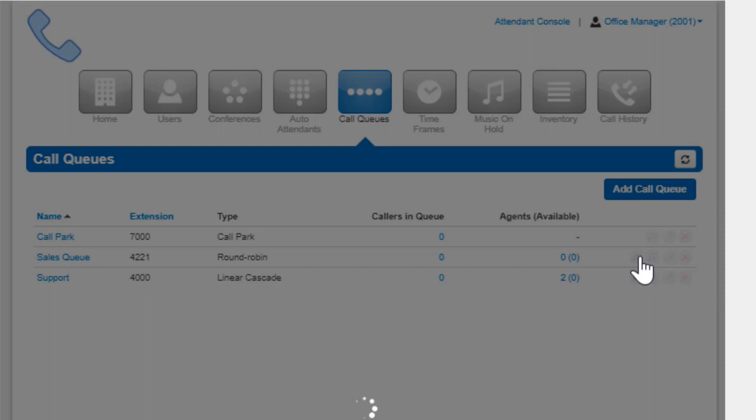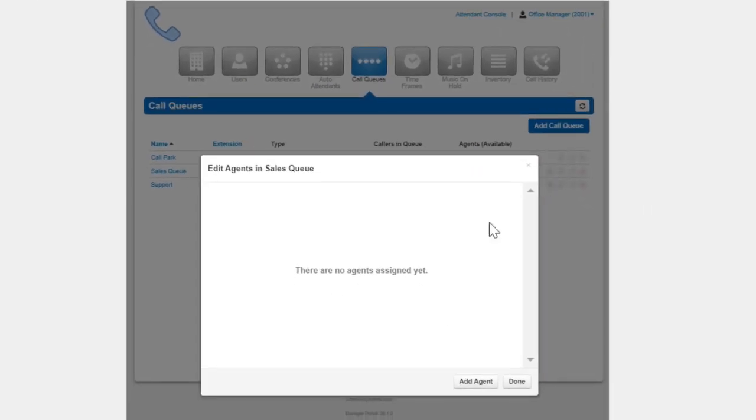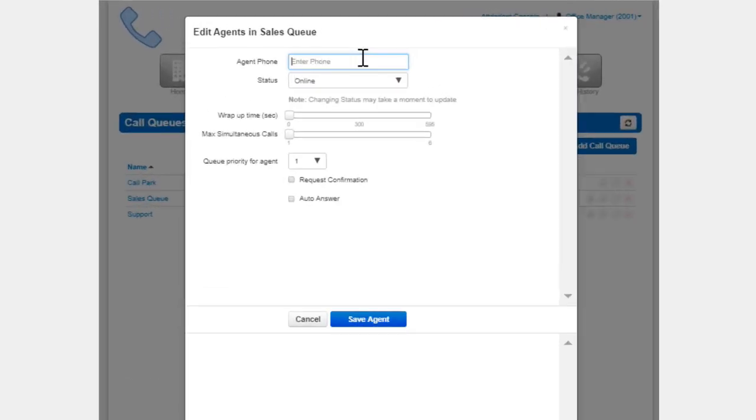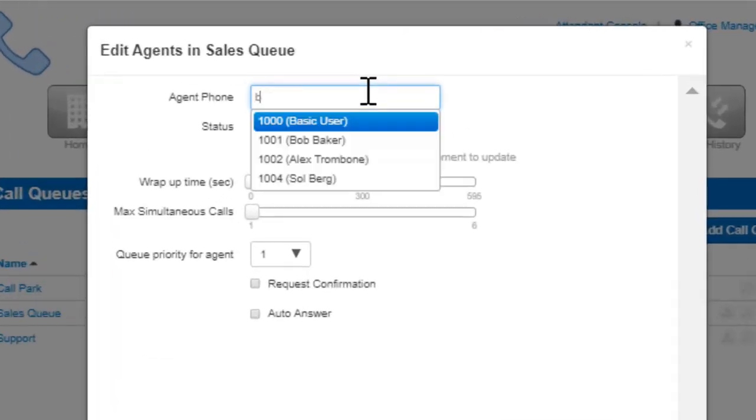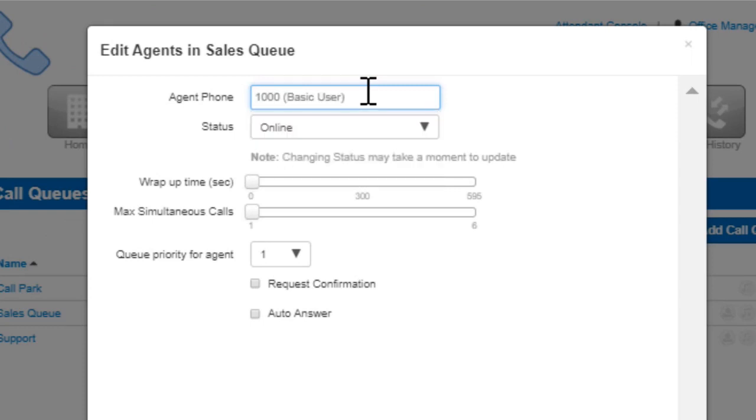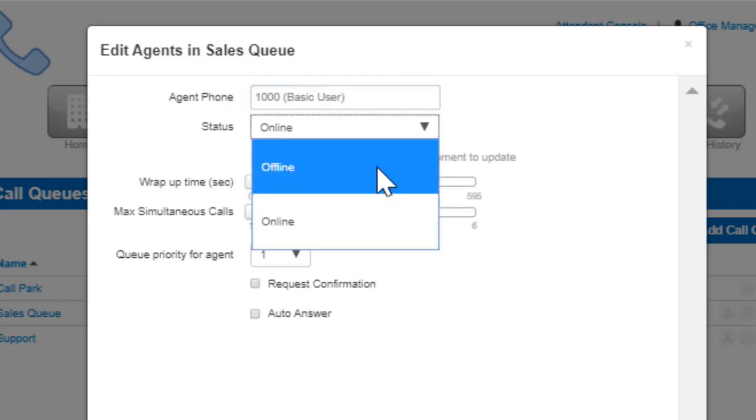After the queue is created, you will see the options to edit agents on the Edit Agents page. You can add agents by clicking Add Agent, and you'll then see the Agent Phone field. This is where you can select the user's phone you'd like to ring. Adding users' phones bypasses their answering rules, so queue calls will ring how they were configured. Queue status online means the user is ready to take queue calls; offline will add the user,